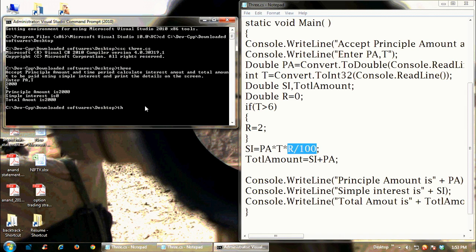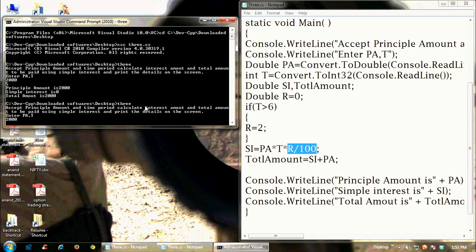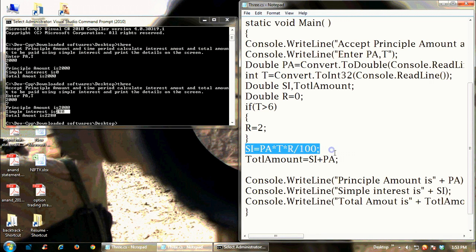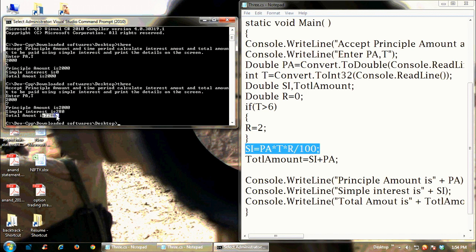Let's check this program once again. This time we enter months above 6 months. Let's say we have taken 7 months of time to pay that. Depending upon that, the interest will be counted for 7 months. The simple interest will be 280. It is calculated depending upon this formula, which is used to calculate the simple interest, and total amount will be